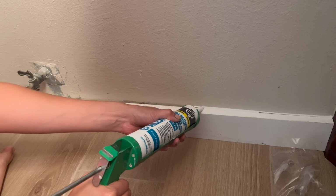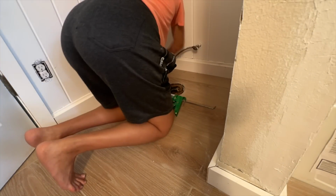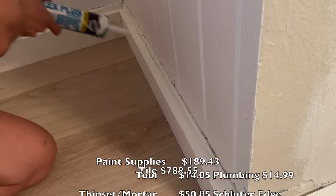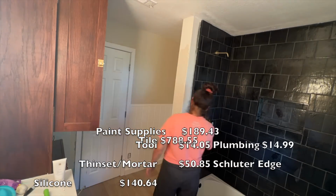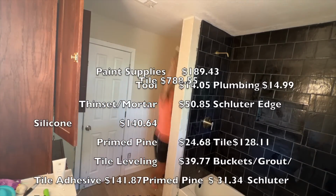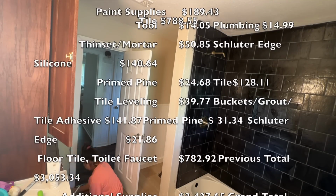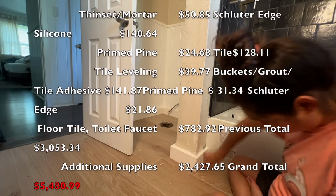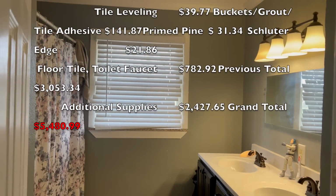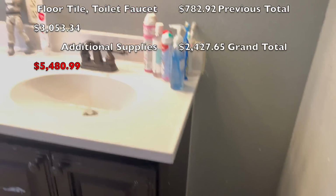The previous total was $3,053.34. Since then, I purchased quite a bit of stuff like paint supplies, tiles, screws, tools, plumbing supplies, thin set mortar, Schluter edging, silicone, primed pine boards, additional tile leveling systems, buckets, grout, diamond tile bits, more grout and tile adhesive, more primed pine boards, more Schluter trim, more plumbing supplies, floor tile, a toilet, bath and shower faucet set, totaling up to a total of $2,737.65 in additional expenses, bringing my grand total of this entire project to